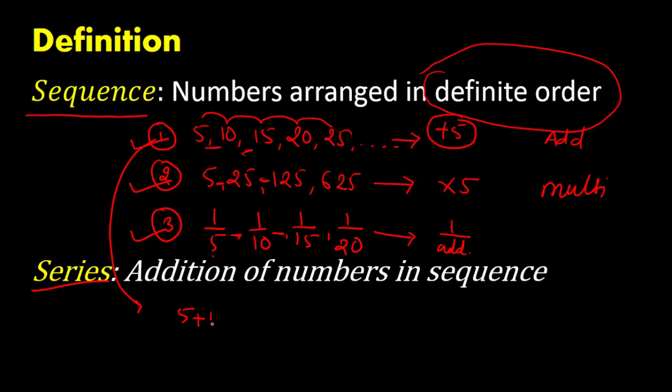So 5 plus 10 plus 15 plus 20 plus 25 and so on. So addition of the numbers which are in sequence is nothing but the series. That's it. Okay, very good. So